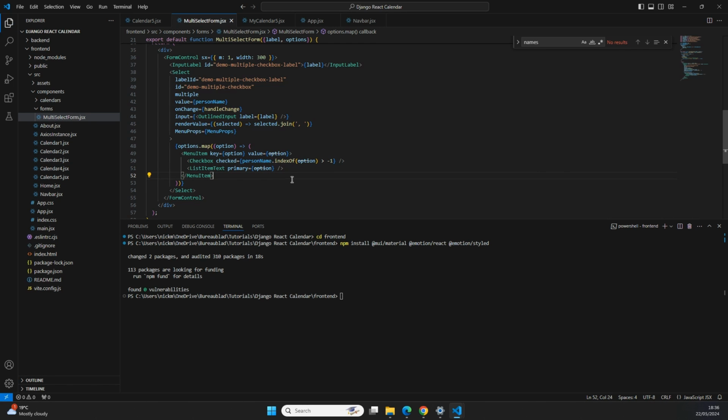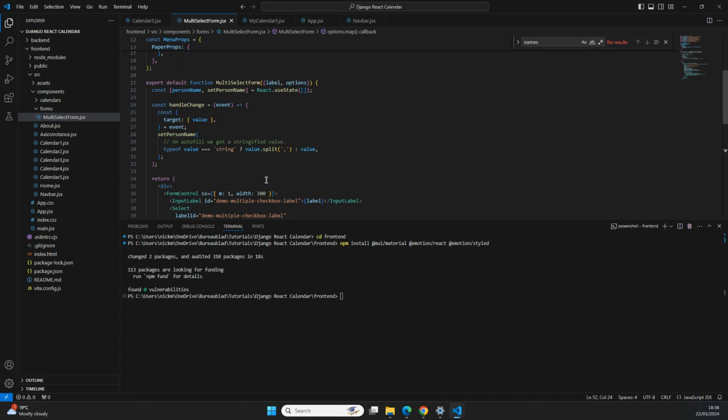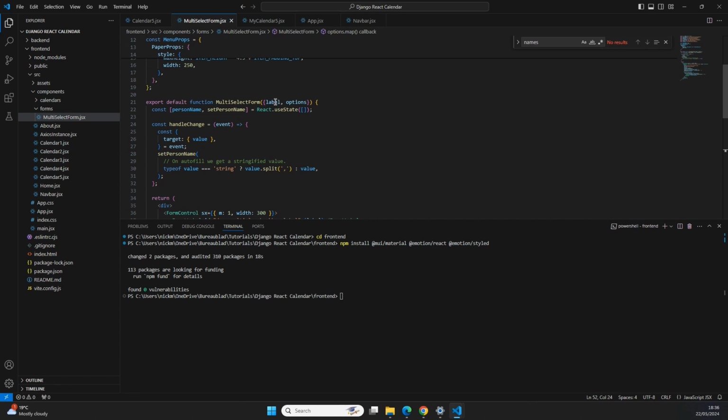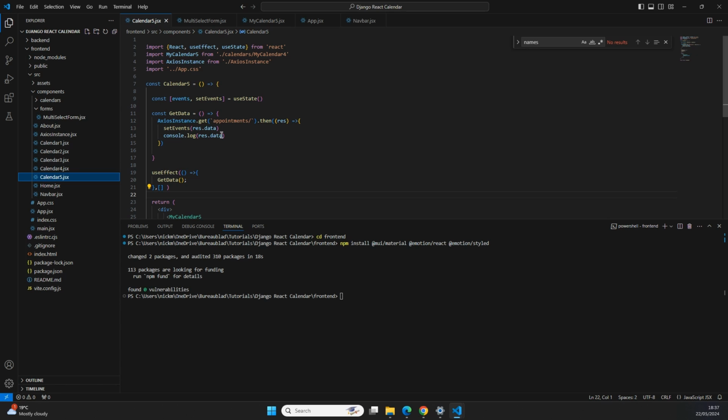And let's save this. And just like that, we should be able to give our own options to this form and also change the title of the form by using the label parameter. Now let's try to display this form on our calendar 5 page. So I'm going to go to calendar5.jsx, and the first thing that I want to do is import the form that we've just created. So on the top, I'm going to do import MultiSelect form from